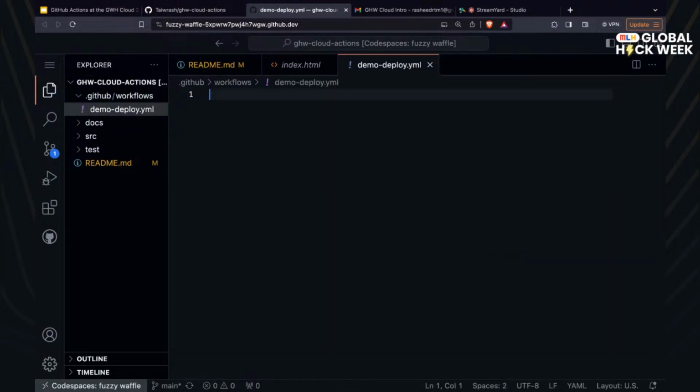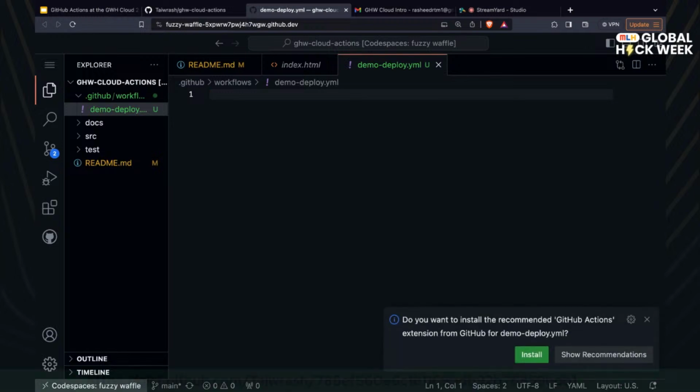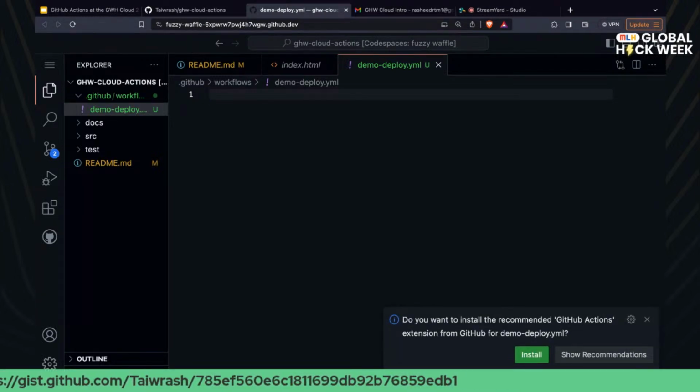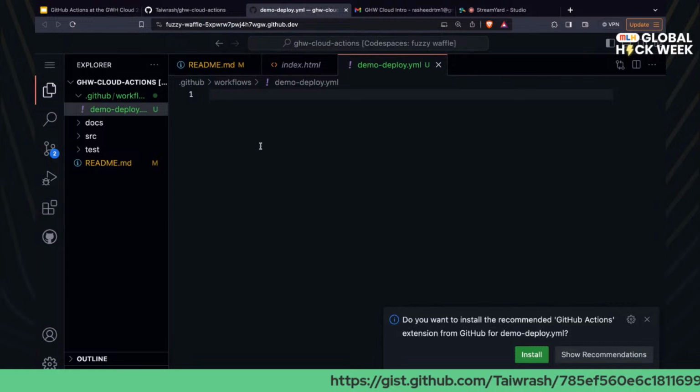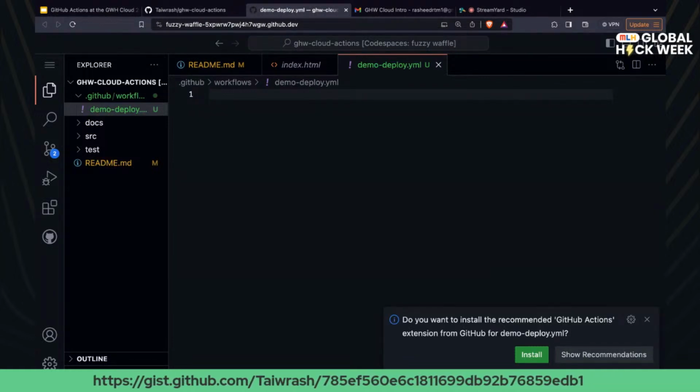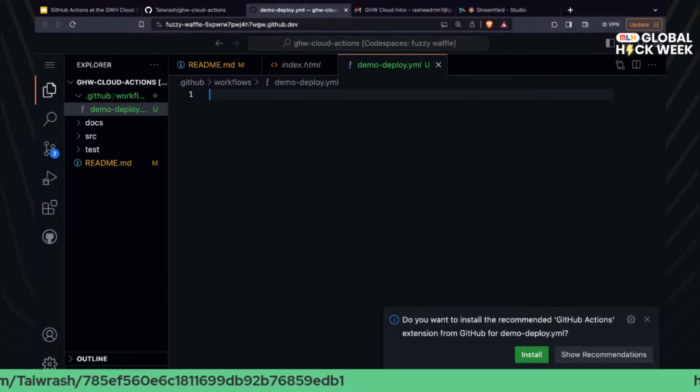So I will be pulling up a link for us to access the gist for all the actions that we want to run. I want to be sure we can get a link on the screen. That link will take us to a GitHub gist, and we'll be able to copy that gist and pull it in here.